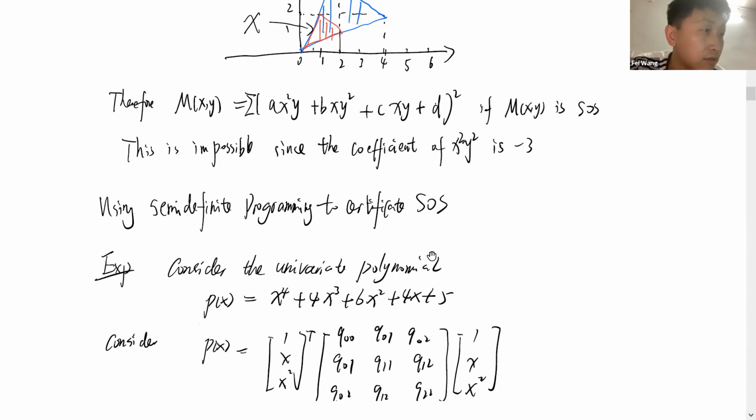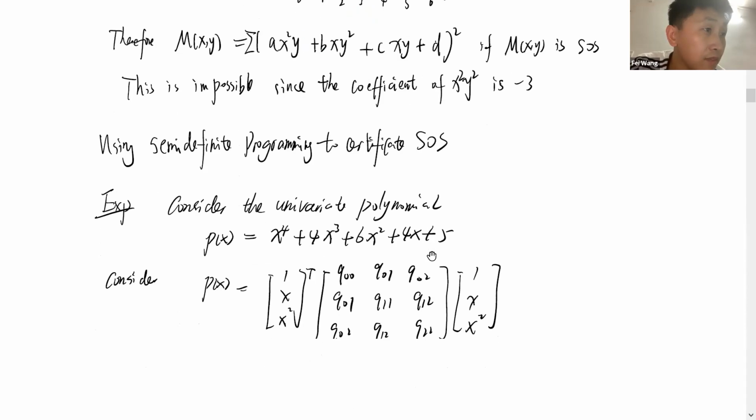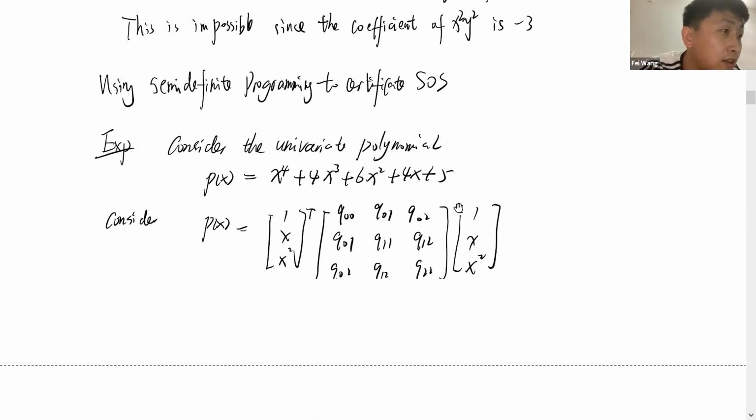Then I will proceed. So now I will talk about how to use semi-definite programming to certify sum of squares, instead of just using a handwritten proof. So let's first see this example. We consider this univariate polynomial,